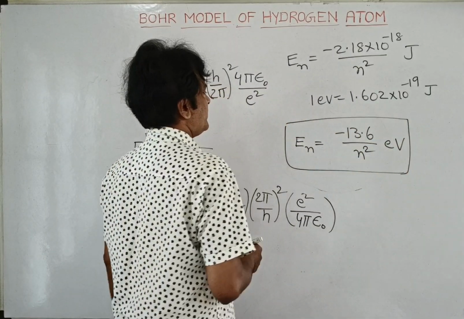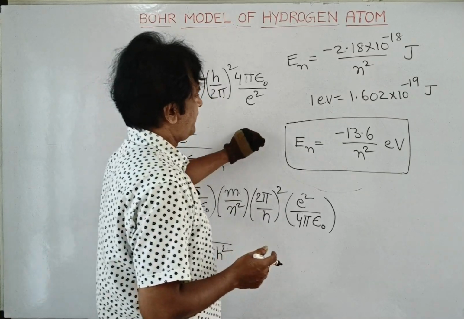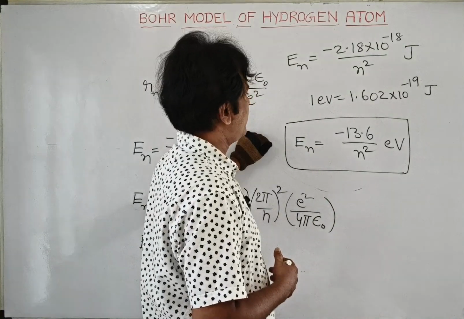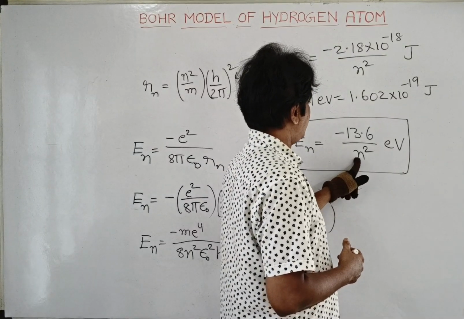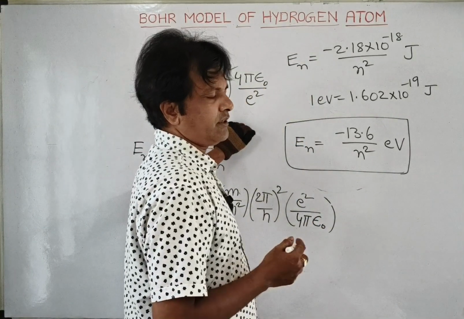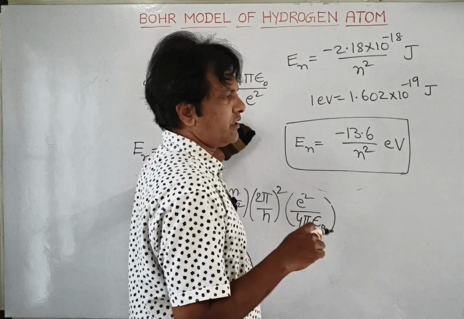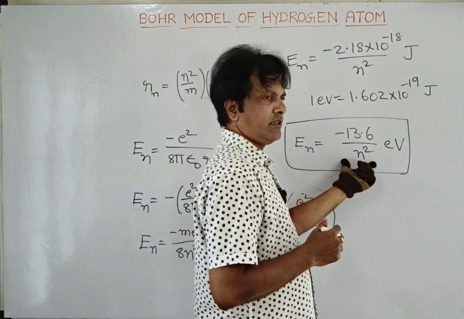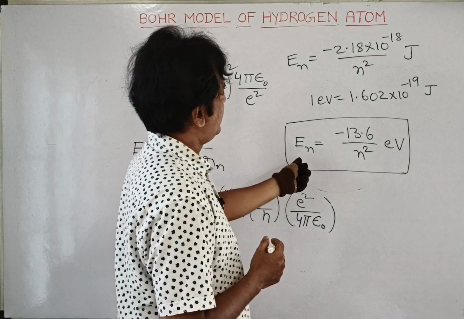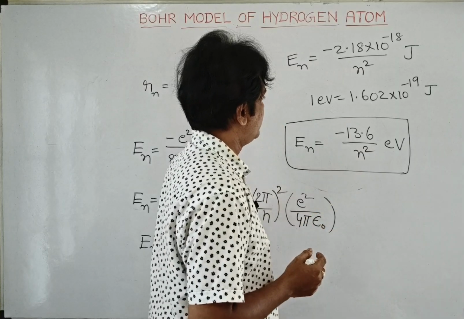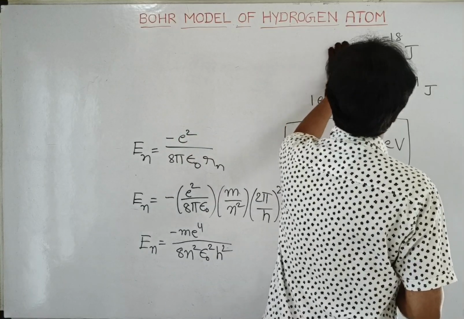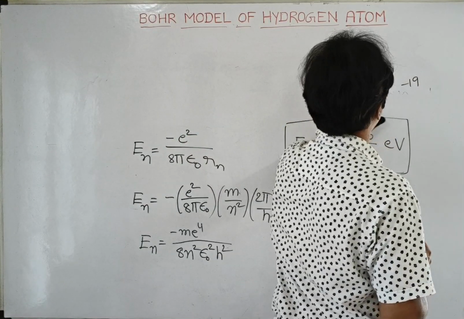So this is a very famous derivation done by Bohr to estimate the energy of the particular non-radiating orbits. This is the number which is given to the Bohr orbits. If we take a hydrogen atom, it has only one electron, in the ground state, that means the first orbit of the hydrogen atom. The energy will be calculated as per this rule. This is about the Bohr model of the hydrogen atom.